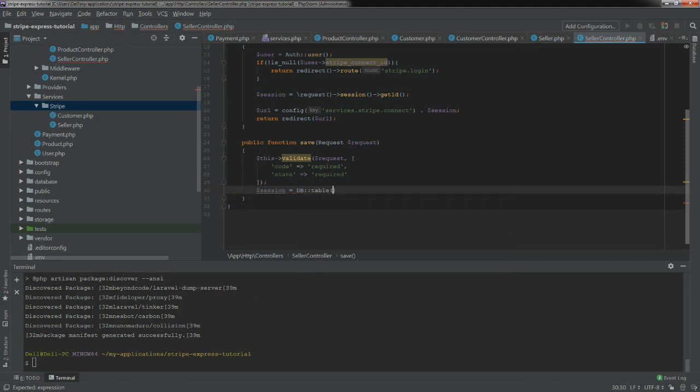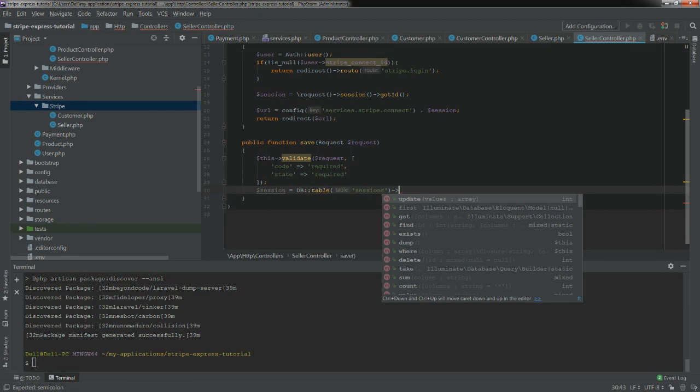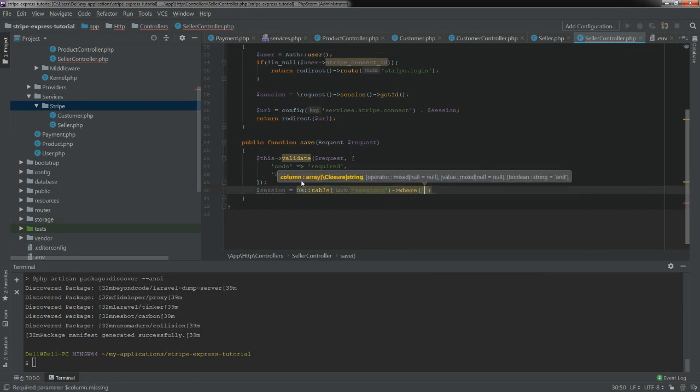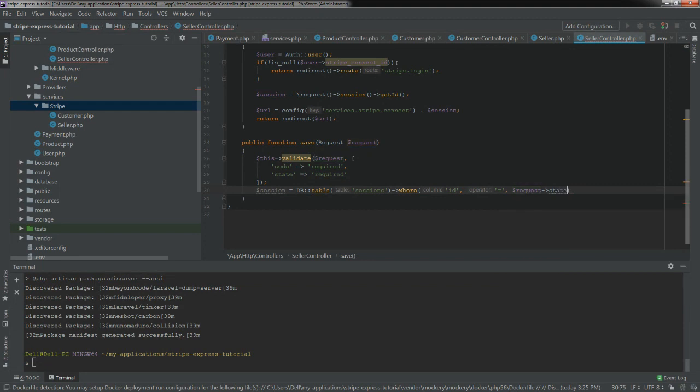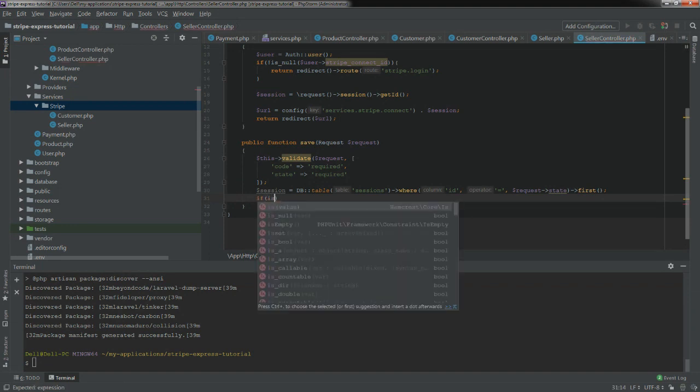We can grab the table sessions, and then we want to say where ID is equal to the request state. And then we want to get the first. We just want to validate that in case somebody's trying to hard code that or something like that. So if session does not exist or if it's null,